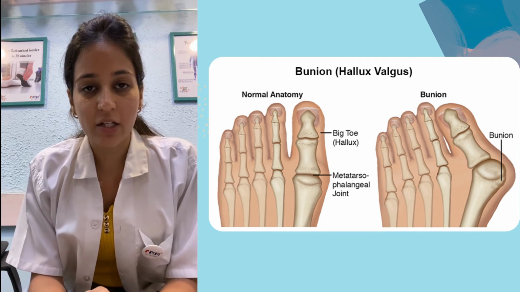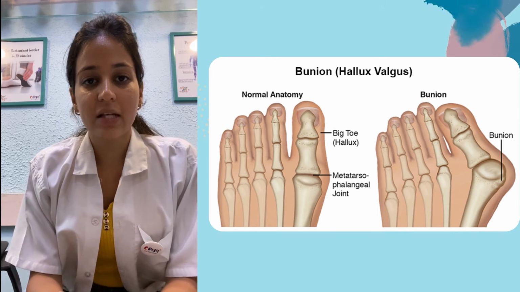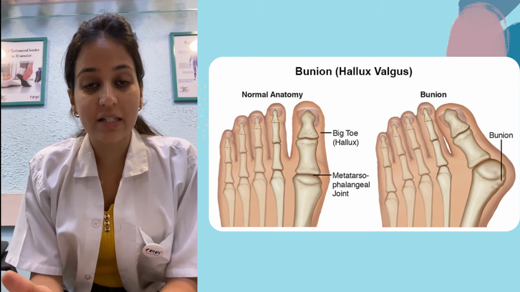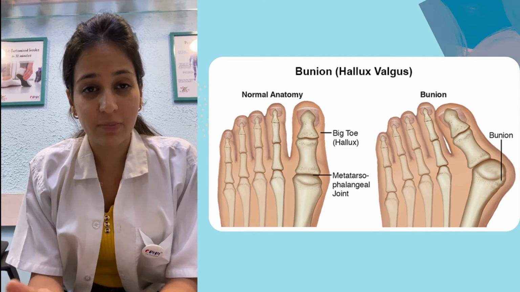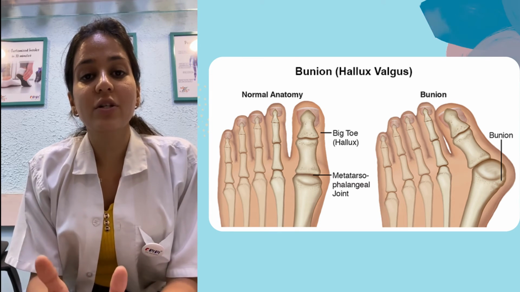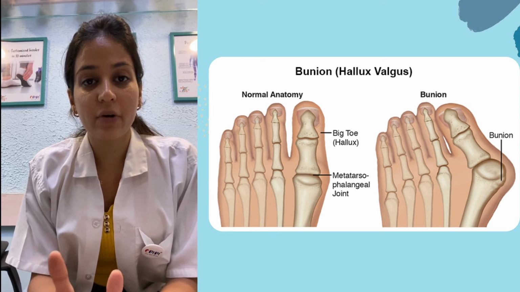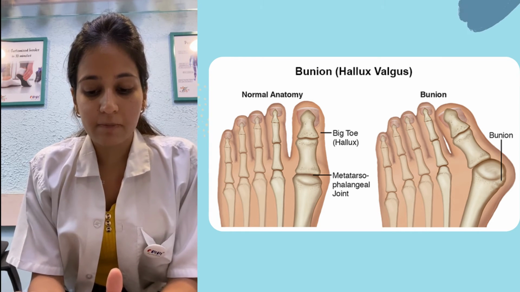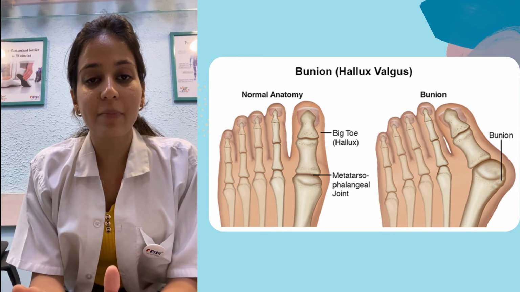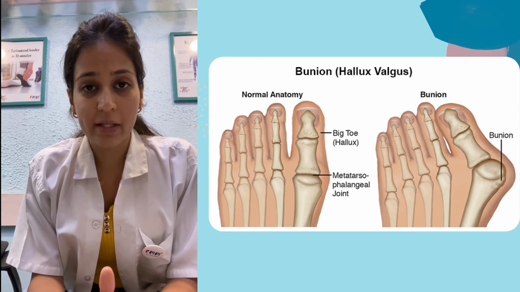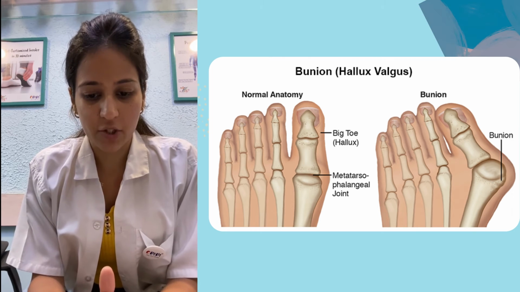So the deficits that are generally observed are: there is a change in the walking pattern, there is difficulty in maintaining a single limb balance because the alignment of the foot is disturbed, and also eventually we observe that there is an overpronation deformity which develops in the foot. Interestingly, there is a high prevalence of this deformity in women and more commonly in the elderly population.